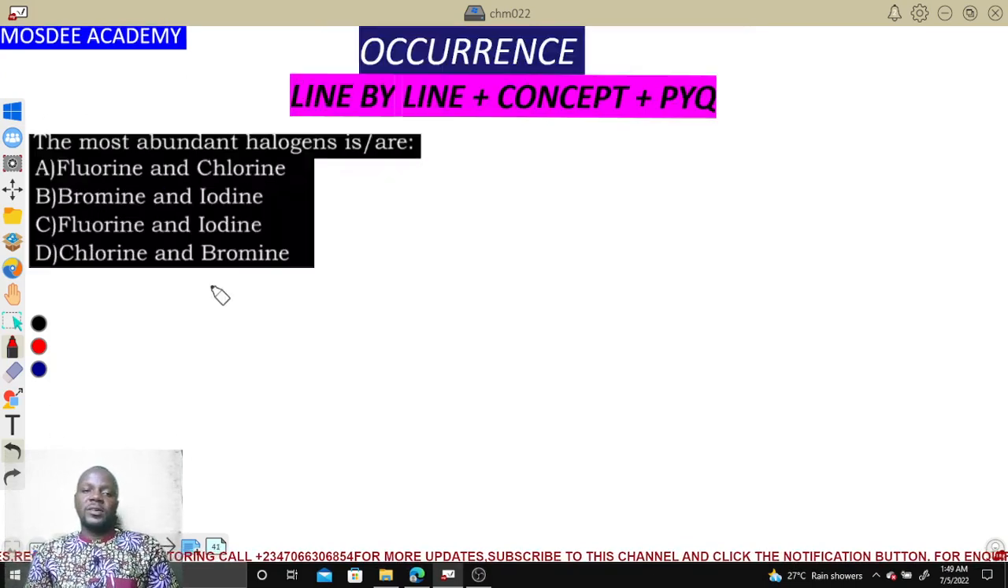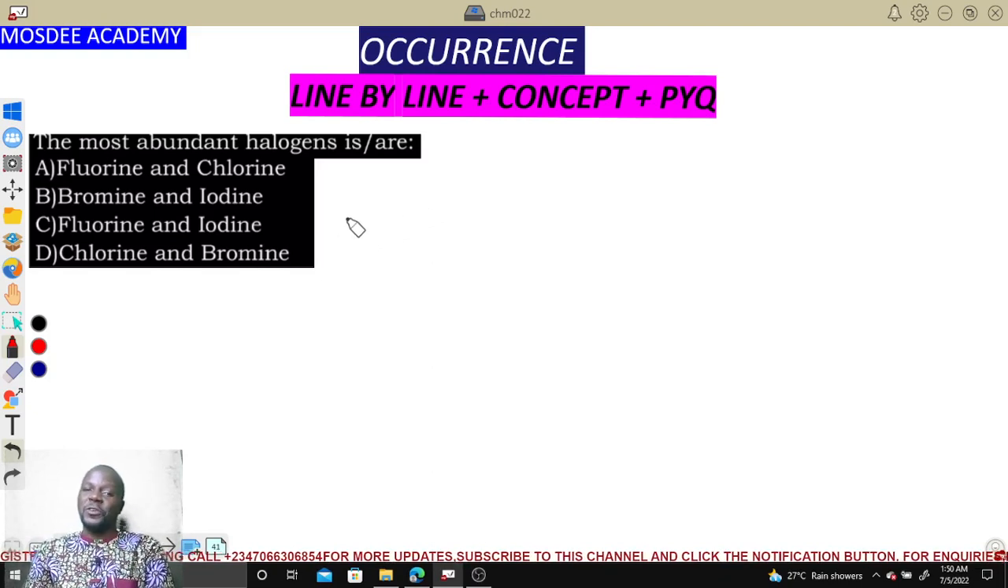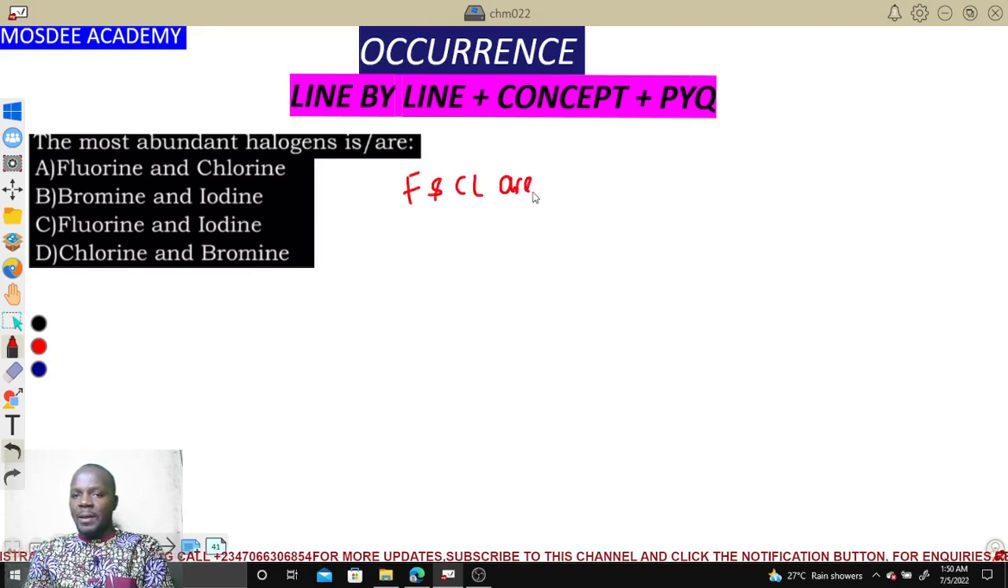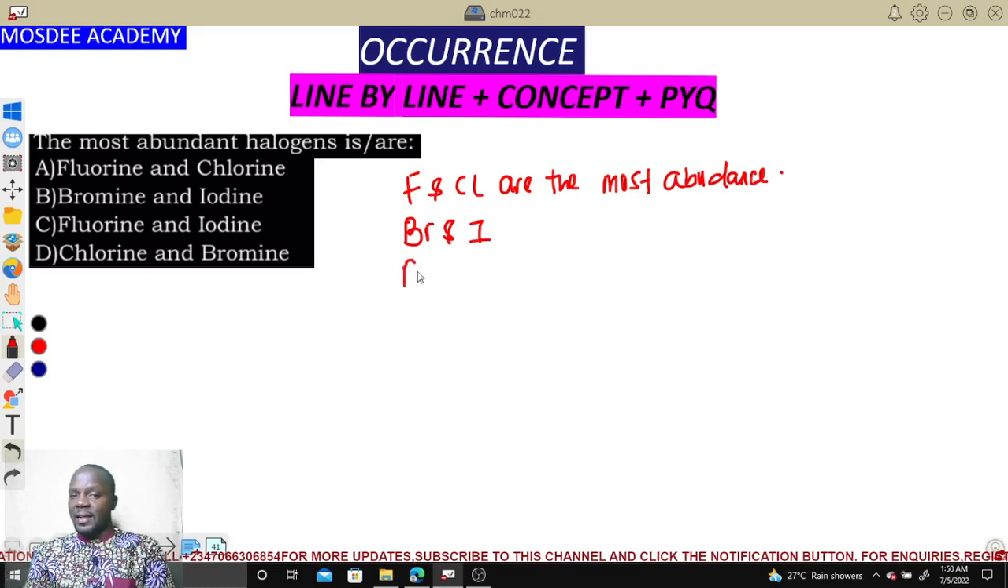Next question. Now, the most abundant halogens is or are dash. Talking about the abundance of halogens, it is just with respect to their position in the periodic table. When we talk about position in the periodic table, we should keep in mind that fluorine, F, and chlorine are the most abundant. They are the first 2 members. That is simple logic. Then we can talk about bromine and iodine as next. And astatine and